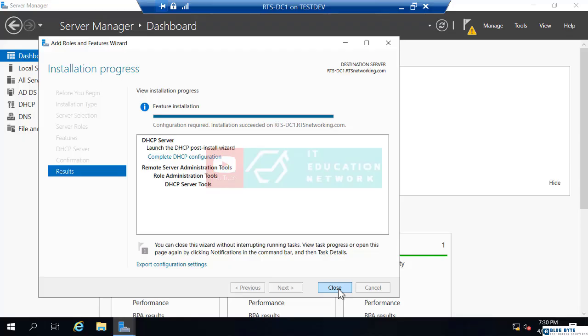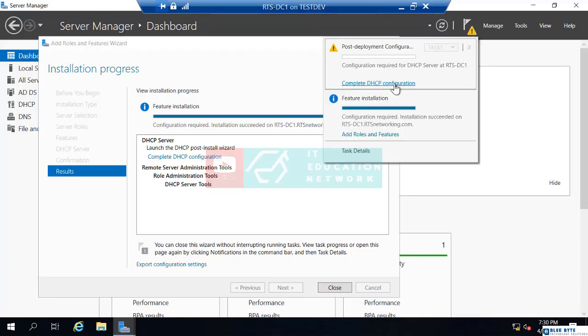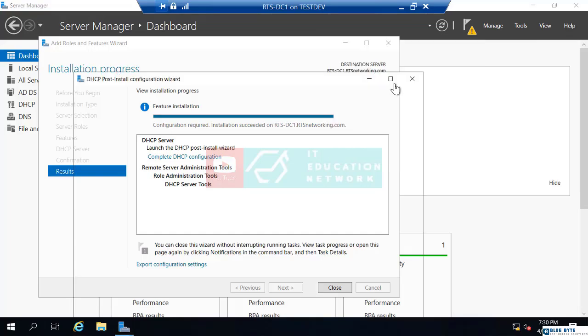Now that that is done, I can complete the DHCP configuration, or if you click Close on this window before you think about completing that, you can always go to this Notifications here, and it has that same complete DHCP configuration. So if I select that,